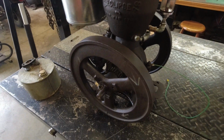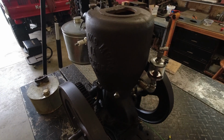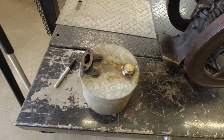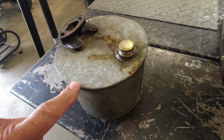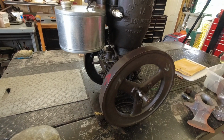So anyway, been working on getting this one running. It's got a few issues. First issue I had was the tank. The tank is not built very well. I'm not sure if it's original. This engine was built in 1914,